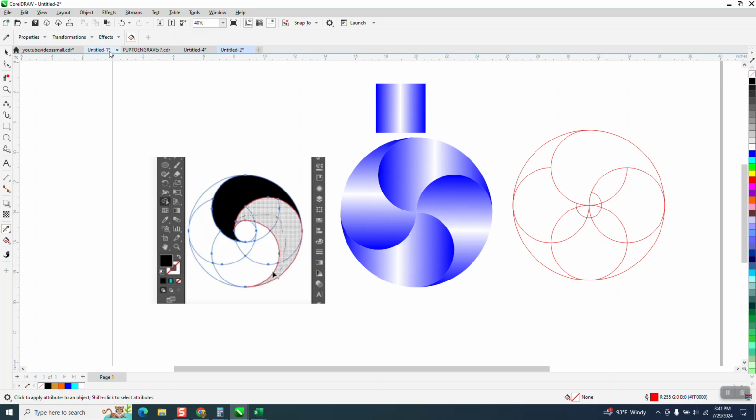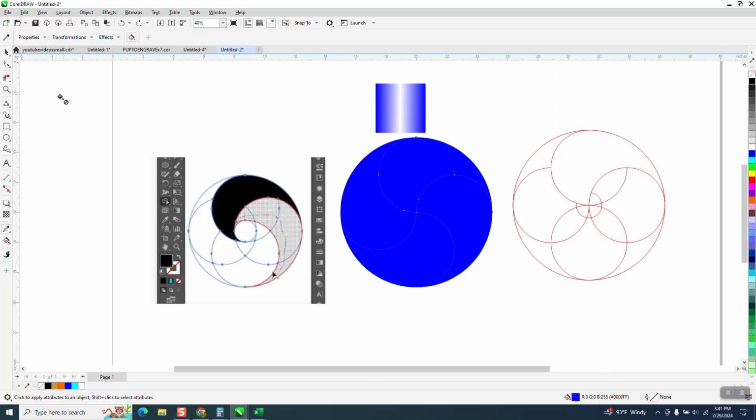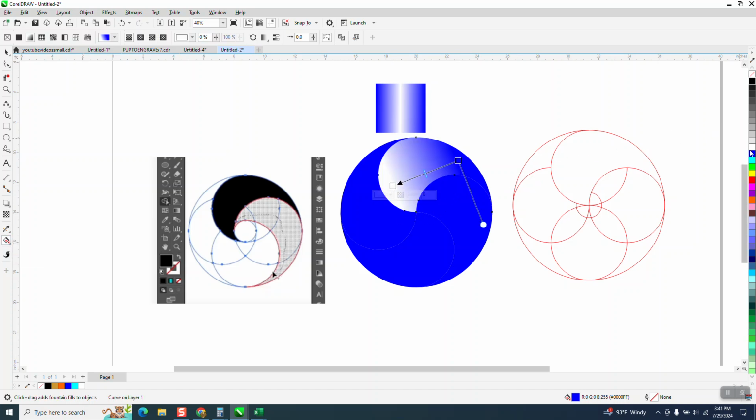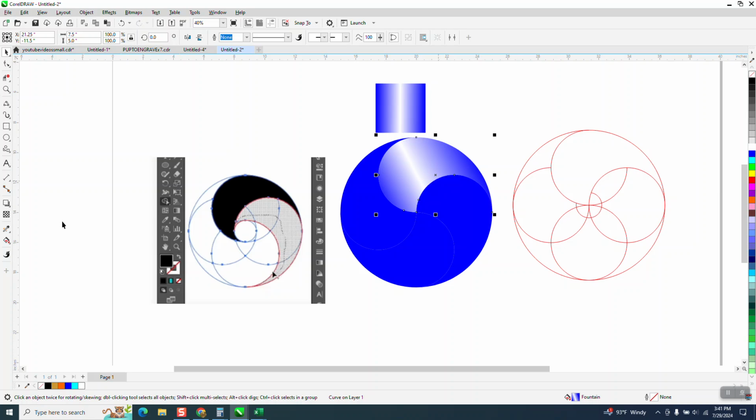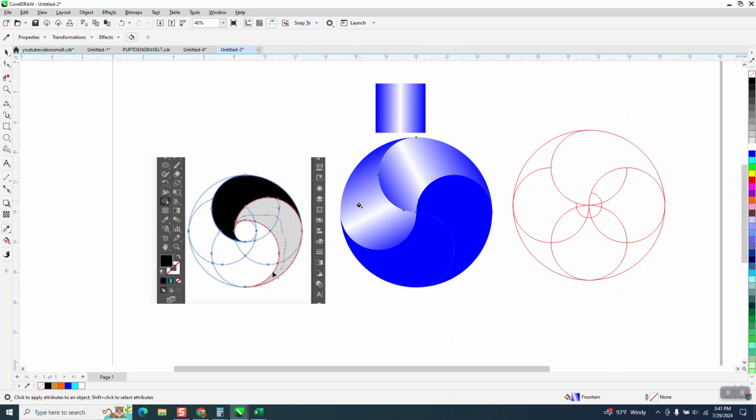So instead of trying to recreate one of them, let me just do one. Let me take the interactive fill tool and let's go here and let's add a little blue and add a little white in the middle. It's going to put that shiny line or whatever you want to call it. And not doing it very good. Anyway, that's fine. But you cannot take this and get the attribute eyedropper and put it there. But I stand corrected because it does do what you're asking it to do. What I was thinking at first,